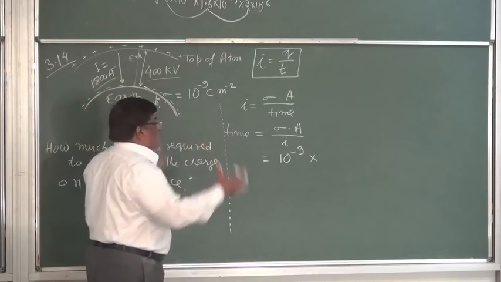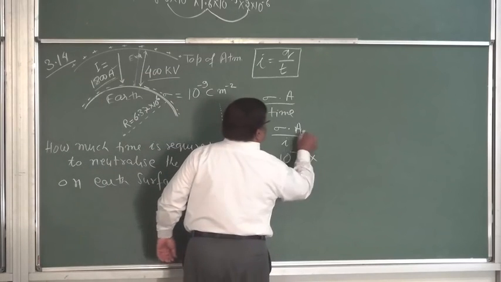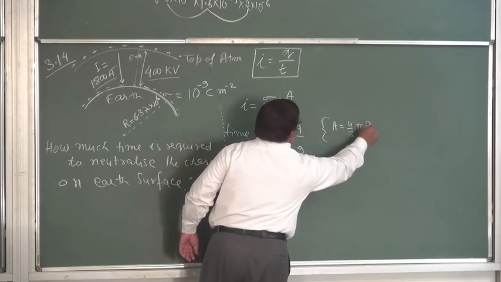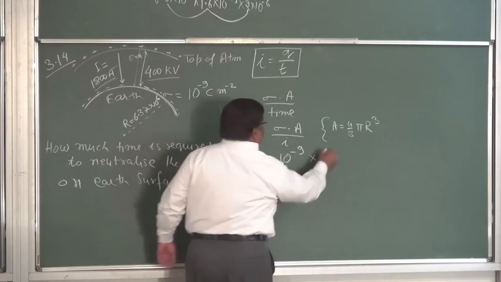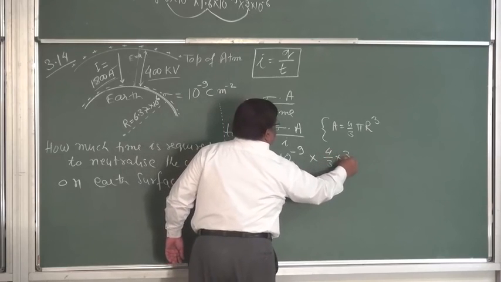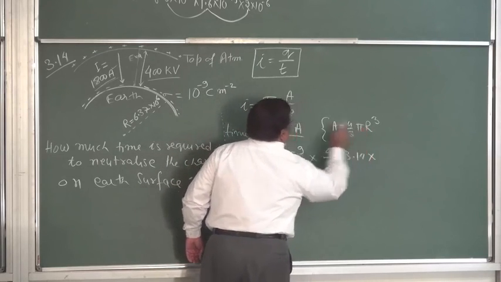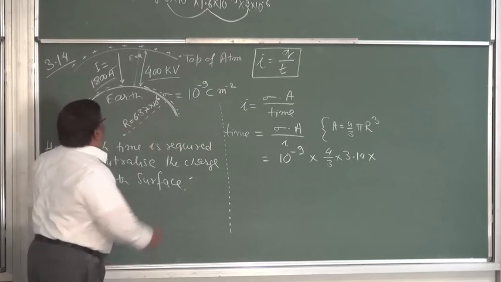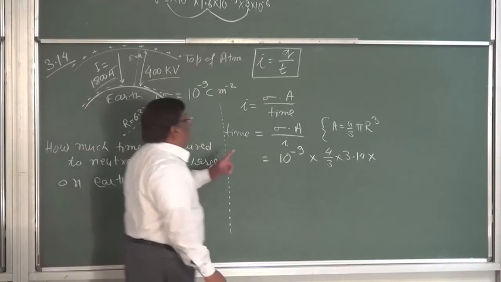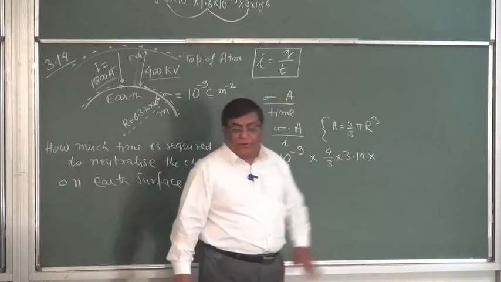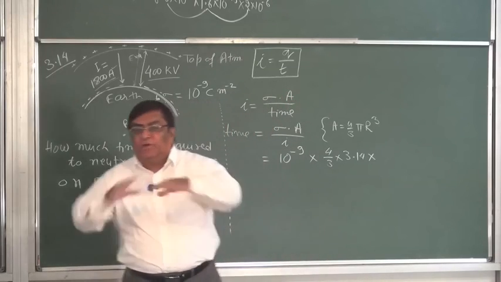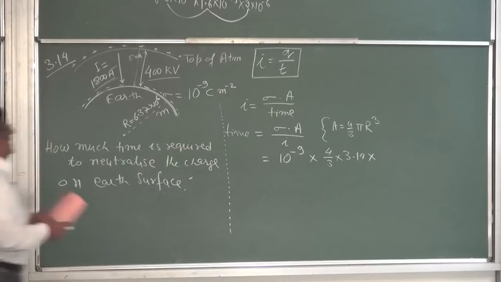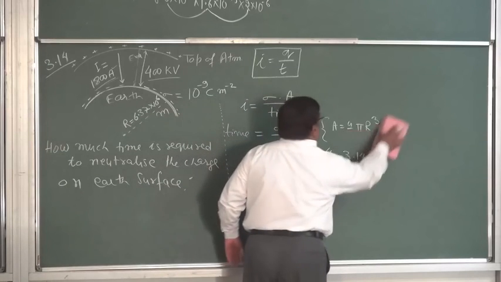of the earth surface, the area is, we know area is 4 upon 3 pi r cube. This is 4 upon 3 pi r cube. R should be in meters. Here it is 6.37 into 10 to the power 6 meter, and we have to make, no, sorry. This I have taken volume. We have to take surface area, and formula for surface area is 4 pi r square. So this I should write as area